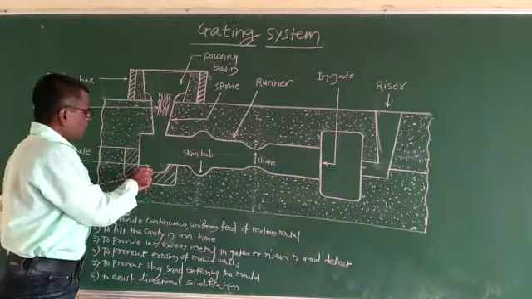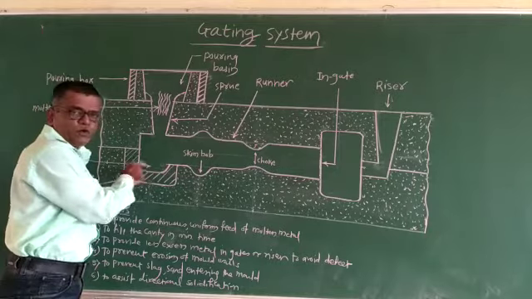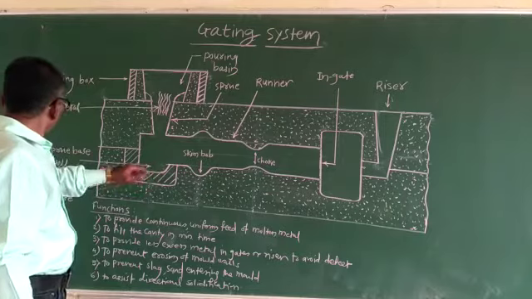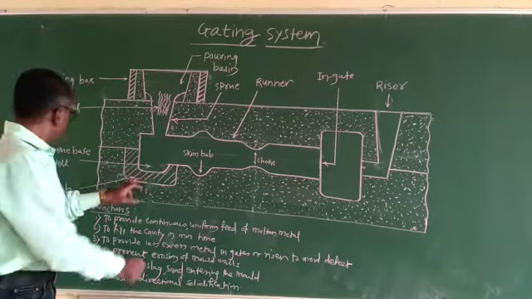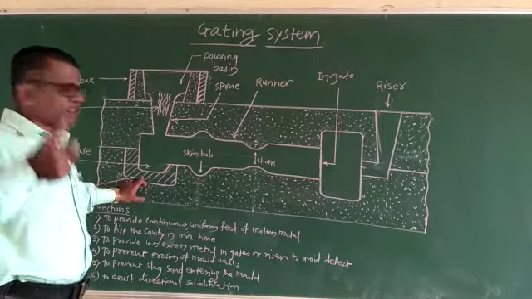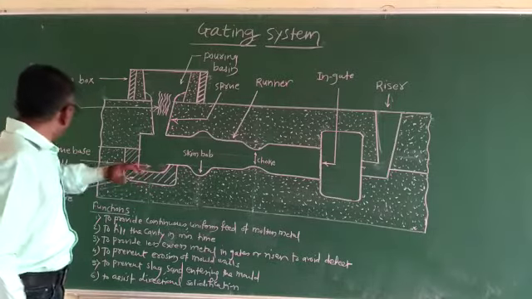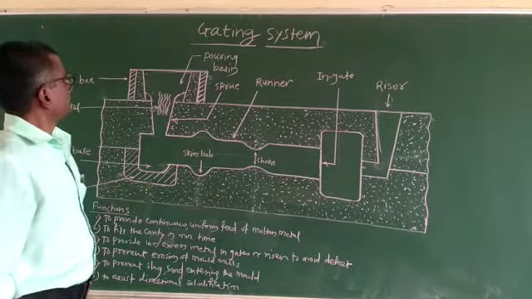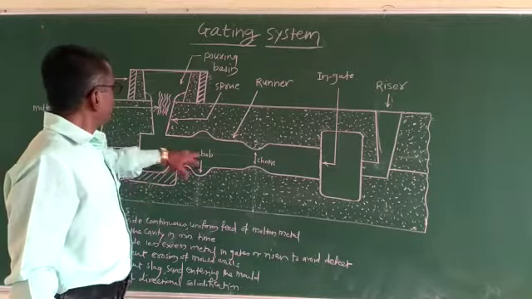Otherwise there will be erosion of the mold wall or erosion of the runner. So to prevent the erosion of the screw base, this ceramic piece that is placed at the bottom of the screw base is called a splash core. Okay, next is the skin ball.